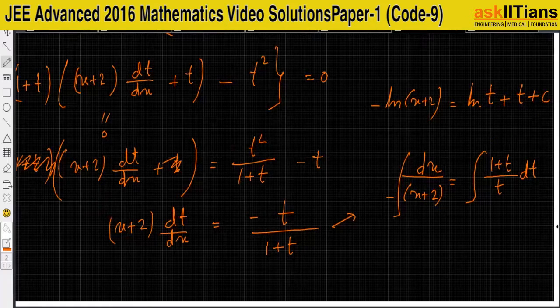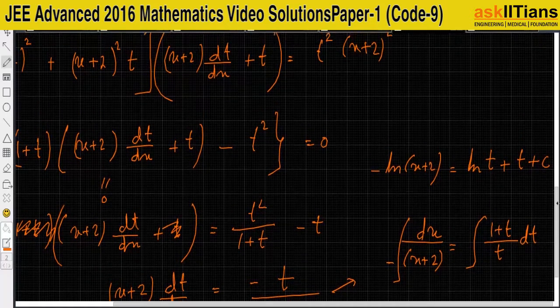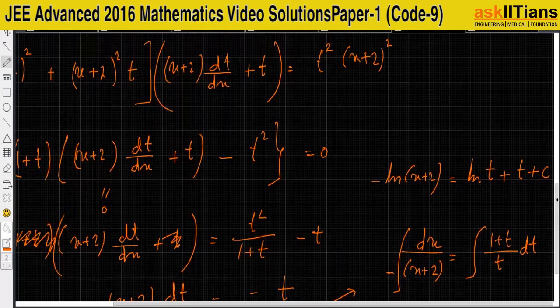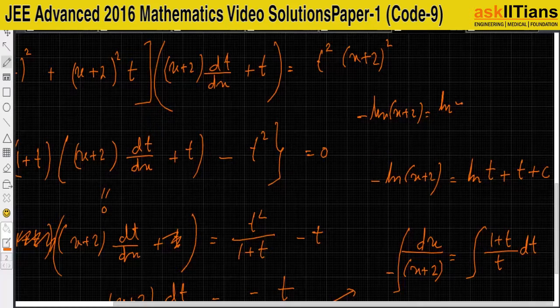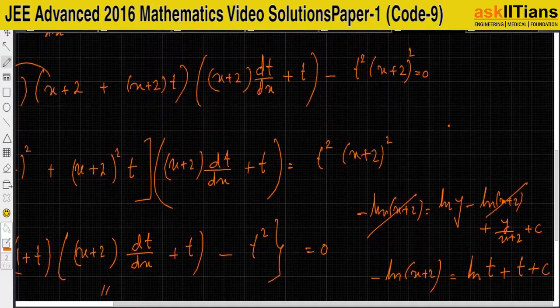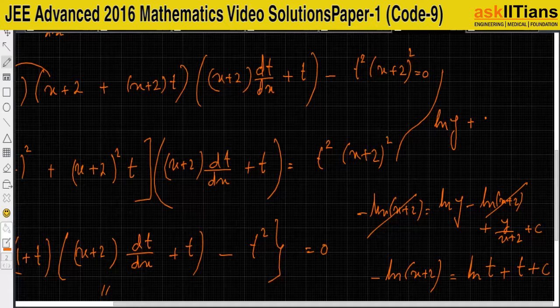I'll get something like this, and we know the value of t actually. The value of t is y by x plus 2. So from here I can write minus of ln x plus 2 is equal to ln of y minus ln of x plus 2 plus y by x plus 2 plus c. So this thing will get cancelled. So actually you will get ln y plus y by x plus 2 plus c is equal to 0,